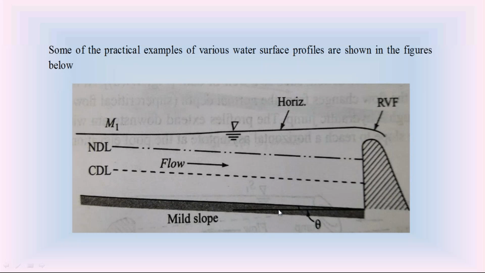Then in each small portion, we calculate the length of the water surface profile. Then if you add the length of all the water surface profiles in all the small portions, we can calculate the total length of the water surface profile. That is the main concept in the single step method, or the step method of integration, to find out the length of the water surface profile on the open channel.